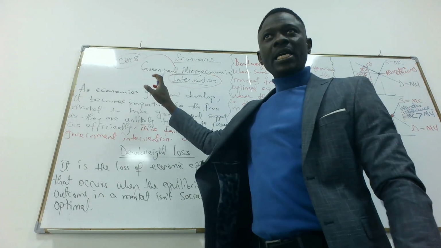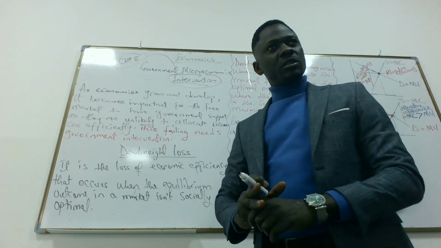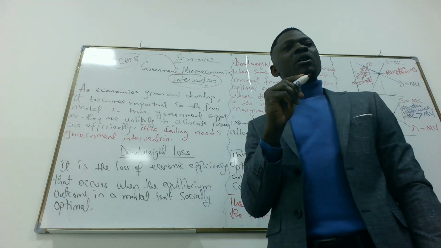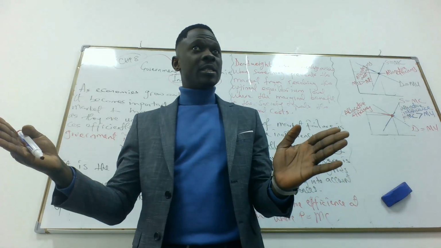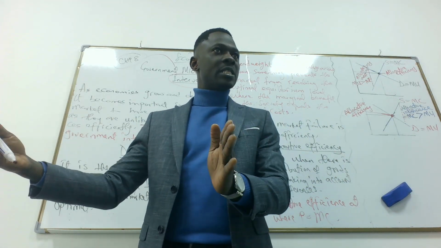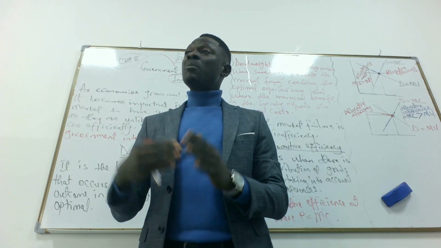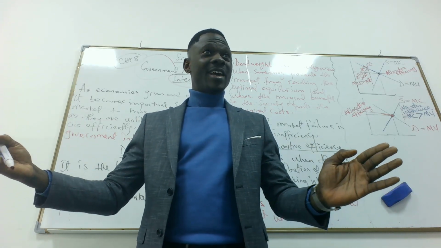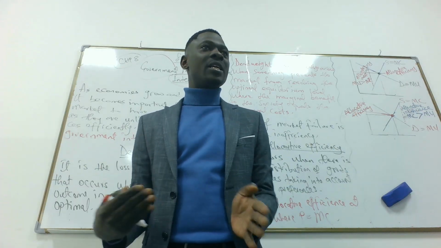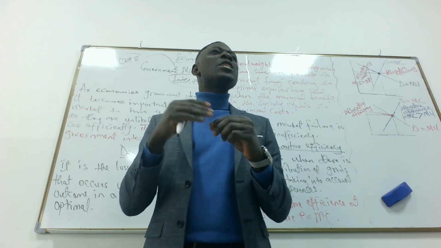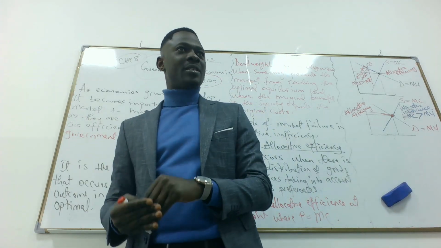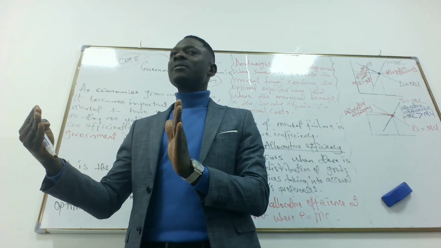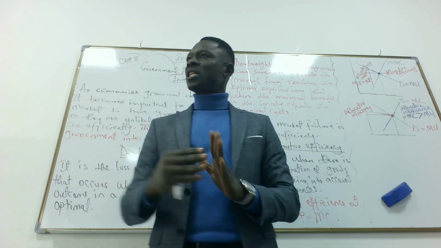Government intervention, chapter 8, economics A level. There's government intervention because something is missing in the market. So we have the free market, which provides the price mechanism, which provides goods and services. But because the economy is growing and becoming bigger than expected, the free market might not be able to meet the needs or wants of the market, and as a result they become inefficient.